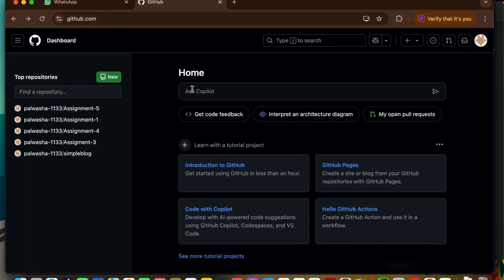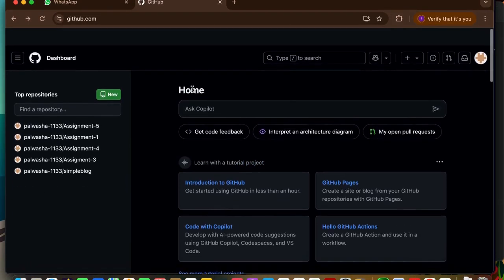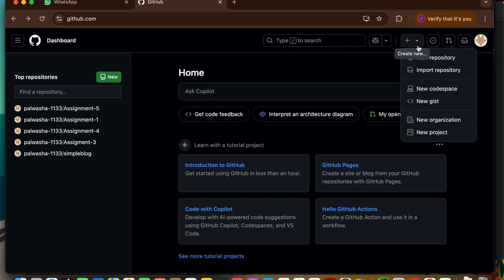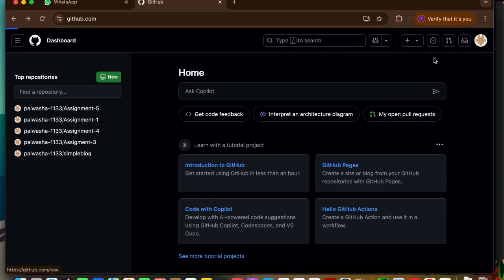So first you can create your account in GitHub. Once you create an account, you will be redirected to the dashboard, and on the top of the menu you will see a drop down icon. So I'm going to click on this icon and create a new repository. So I'm going to click on new repository,